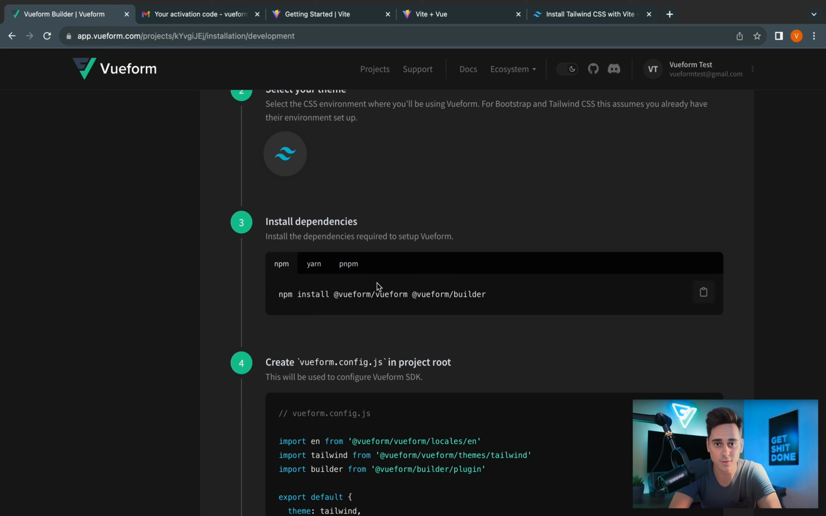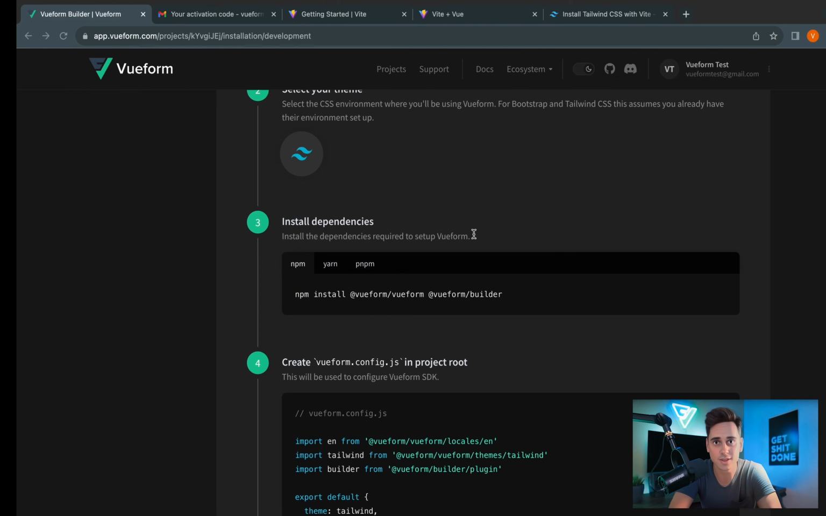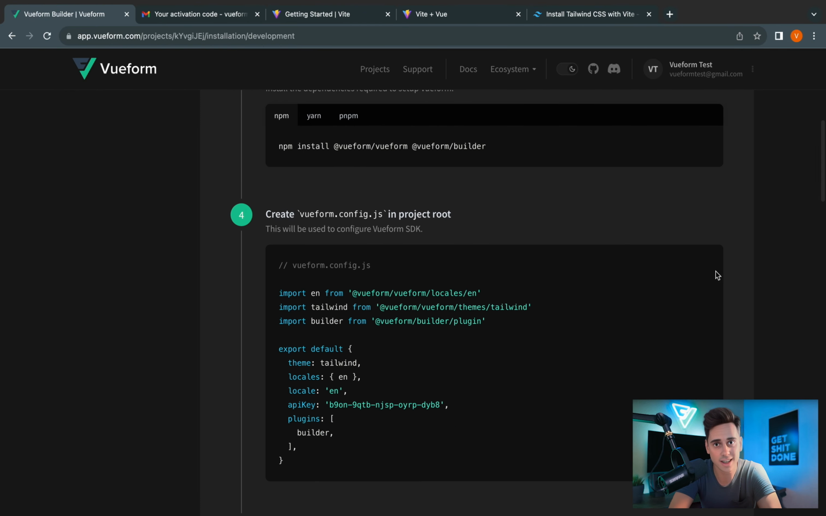Now I go back to Vueform's website and copy the command to install Vueform and Vueform Builder. I will paste it in my terminal and wait until both packages are installed. Once finished, I go back to the Vueform website and copy the Vueform config file. Note that your project's public key is already assigned in the config,